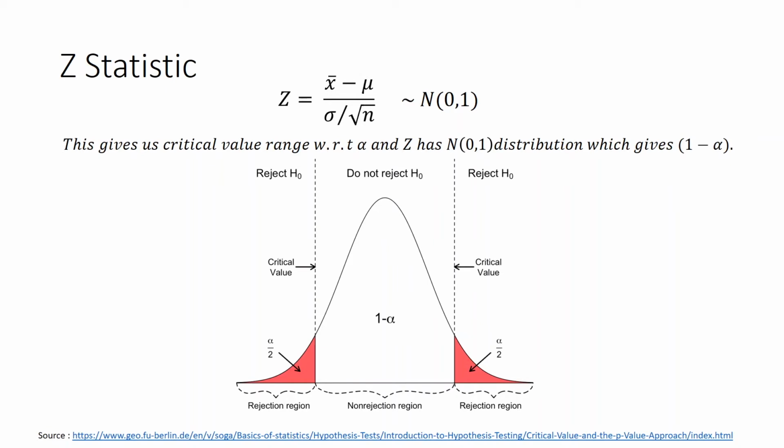So 1 minus alpha values are not going to get rejected. Like I said, if I calculate the mean and I find the two limits, the lower limit and the upper limit, that is it. So 1 minus alpha ranges between the lower limit and the upper limit, and anything beyond that is going to get rejected. So that is basically alpha by 2 that we saw. So z subscript alpha by 2, that is the critical value.